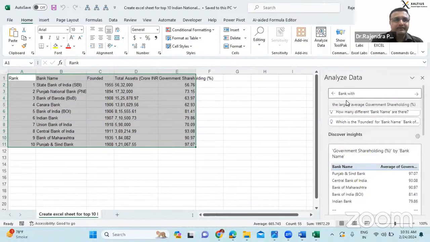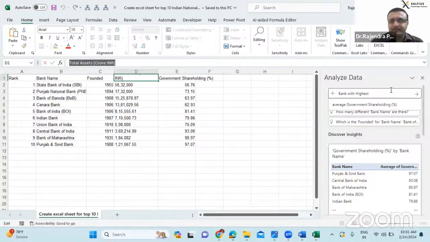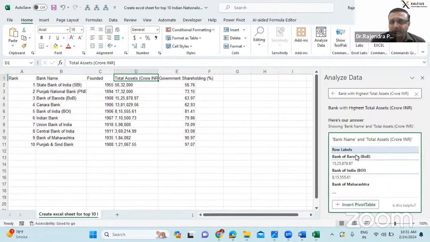Bank with highest total asset. See, Bank of Baroda. Can you see? So this is how you can make use of the complete process I explained, right from getting the data up to analyzing.